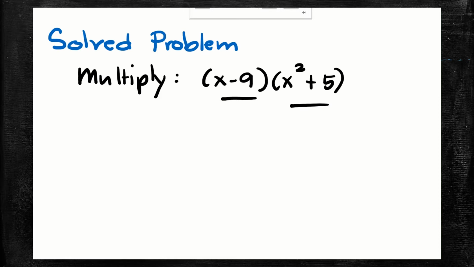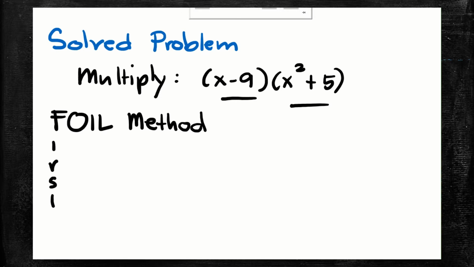The commonly taught technique in multiplying binomials is the FOIL technique or the FOIL method. The FOIL method means you have to work on the first, the outer, the inner, and the last. Okay? So when you look at the two binomials, you have their first terms, the x and